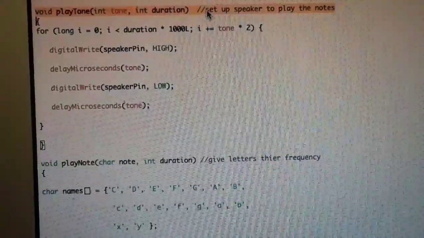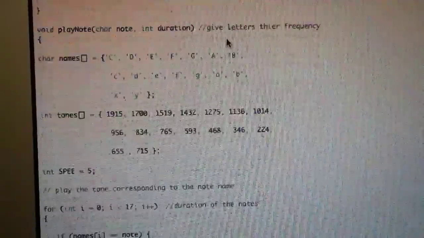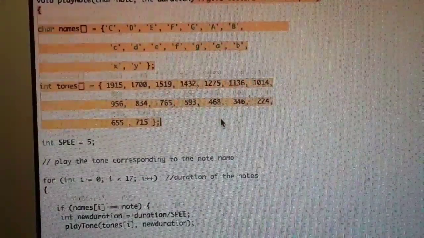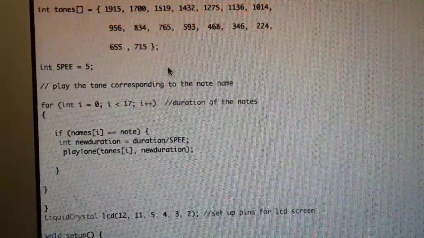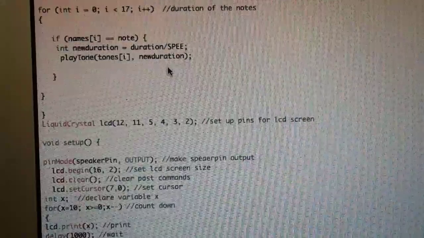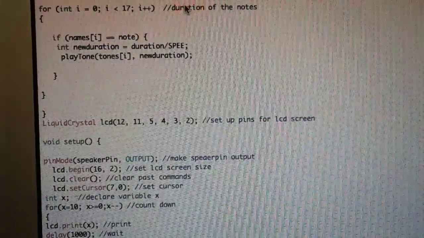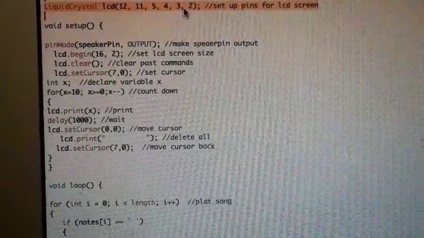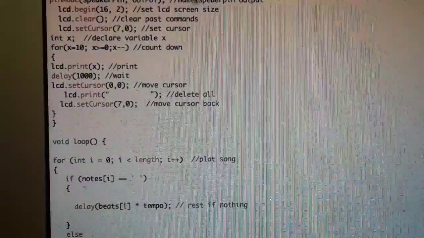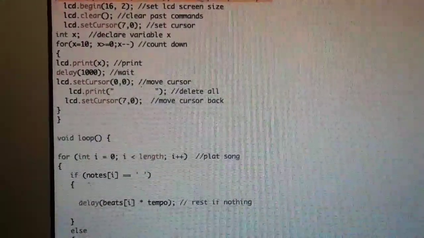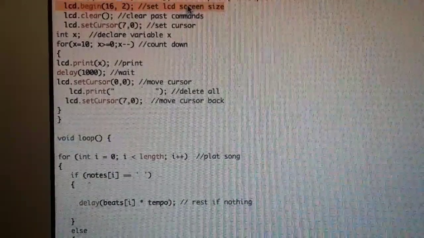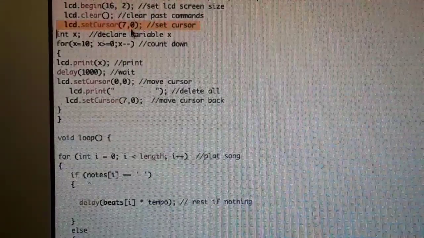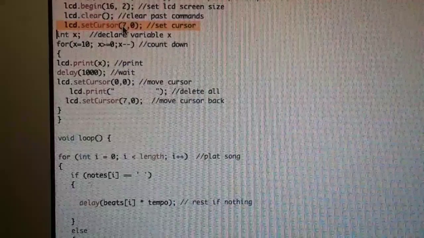And in here we set up the speaker to play the notes, and then here we declare that every letter will have a specific frequency, and here's the speed of the frequency. And then here we set up the duration for each note. In here we set up the pins for the LCD screen, and in the void setup, first we set up the speaker to be an output, and then we set up the size of the LCD screen, and we clear everything. Then we set the cursor to be at column 7, row 0, the first row,